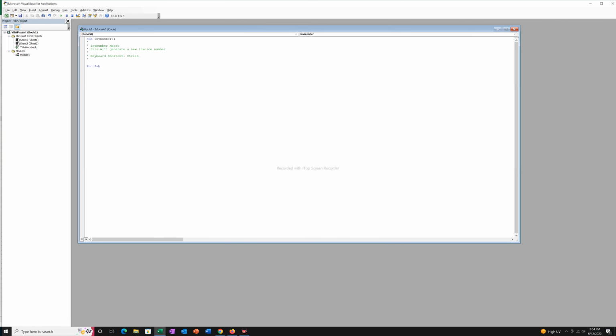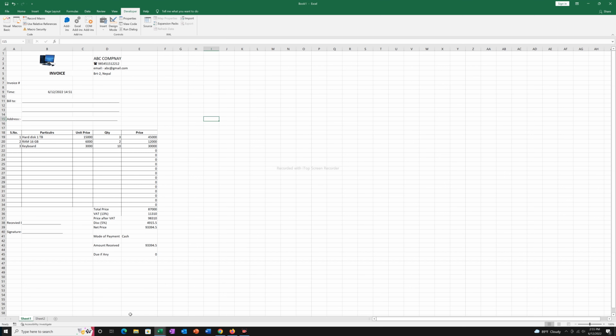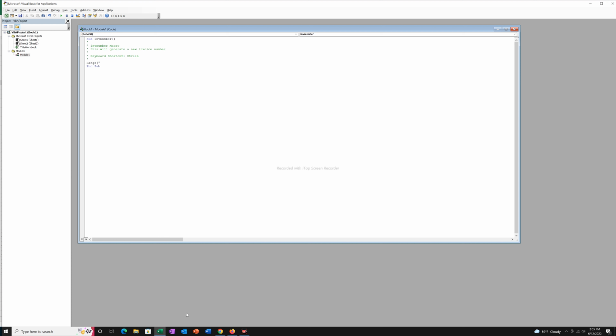At the end, just before this end sub, I have to include one formula here. So range, open bracket, then this inverted comma. Then I will go here and see which is the cell where I have to include the invoice number. This is B7. So I will go here and then B7, close the inverted comma, close the bracket, dot value